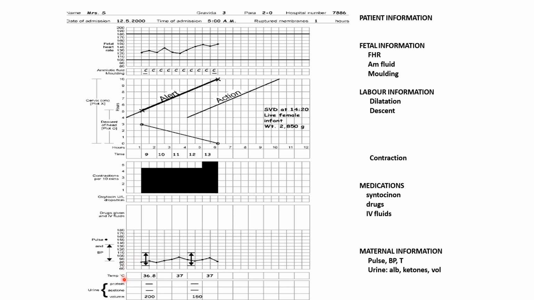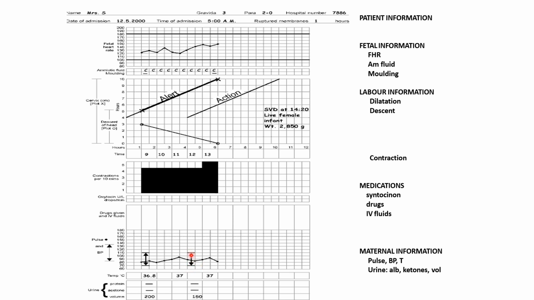Here you can see 60 to 180. This is for the blood pressure of the mother. Assume that I have checked and the blood pressure was 80 to 120. You can mark that by an arrow mark. See, the 80 will be the lower portion of the arrow mark and 120 will be the upper portion. Here again I have checked and it was 130 over 80, so 80 to 130, that arrow mark.